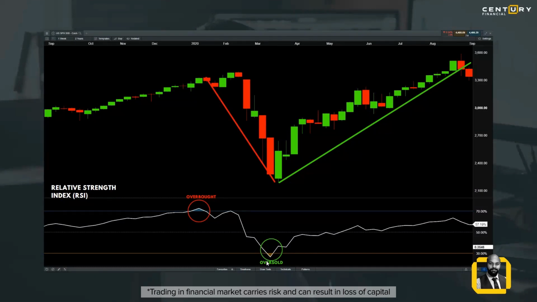Now, typically, when the market goes above the overbought region, you will see the market tends to slowly start weakening. And again, one thing to keep in mind is it is not always going to be the case that when the market is above the overbought region, it has to come back down. There is no set rule, but it shows where it can be extremely overbought, so that sellers would probably look at taking profits, or short sellers would look at shorting the market at that point of time,